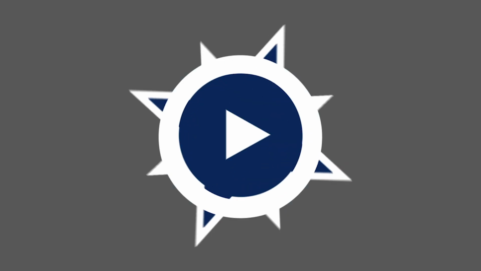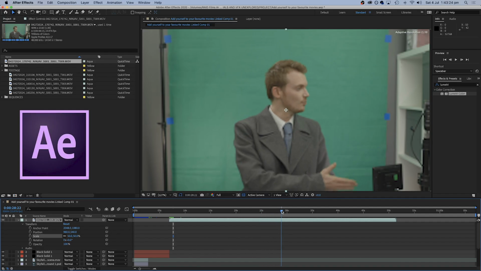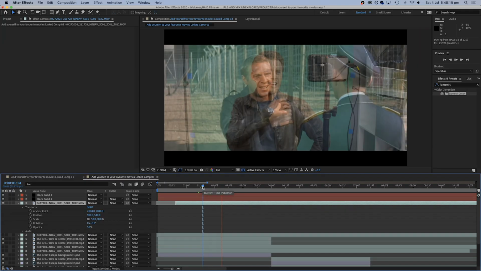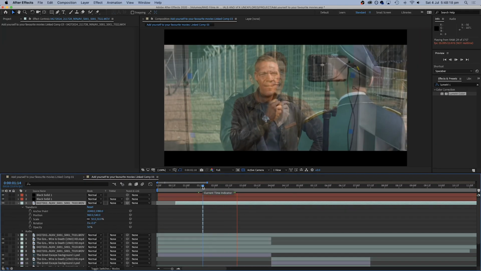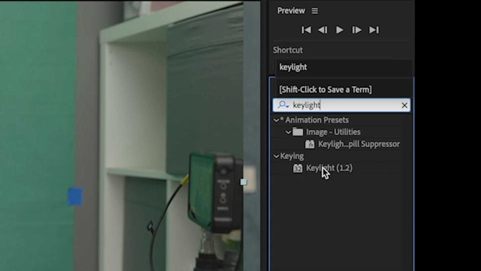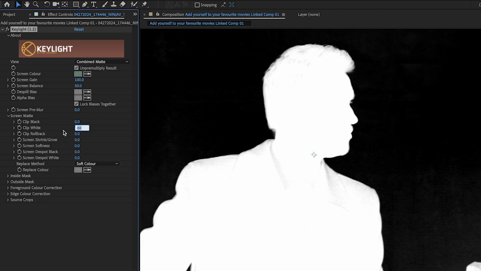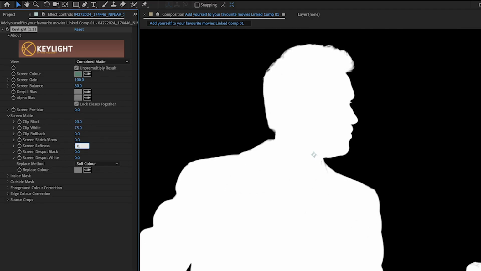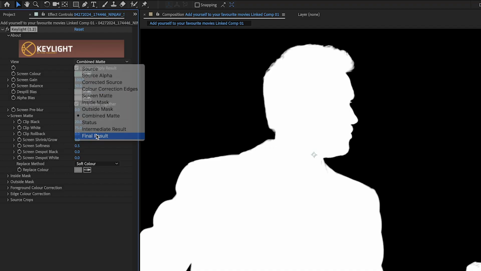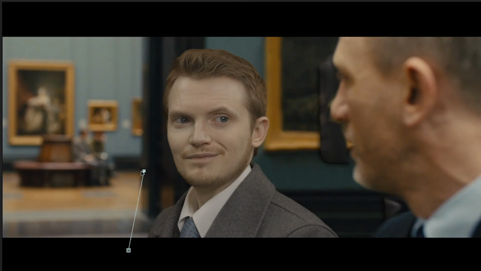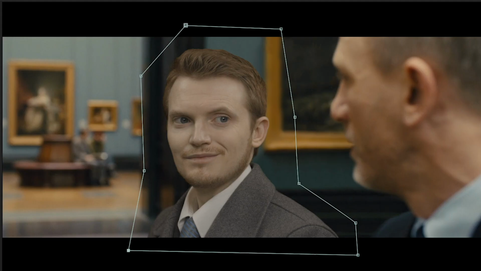So I loaded my takes into After Effects and could line them up with the originals by either using the audio or by turning the opacity down to halfway. And then as usual I could use Keylight to remove the green screen. For this you select a fairly average part of the green colour to remove, and then under Screen Matte you can use Clip Black and Clip White to refine this further. And you might also want to adjust Screen Softness and Screen Shrink and Grow just to make the edge a bit nicer. Once you remove the green screen, you can then draw a basic mask around your figure to get rid of anything that you don't want in the frame.